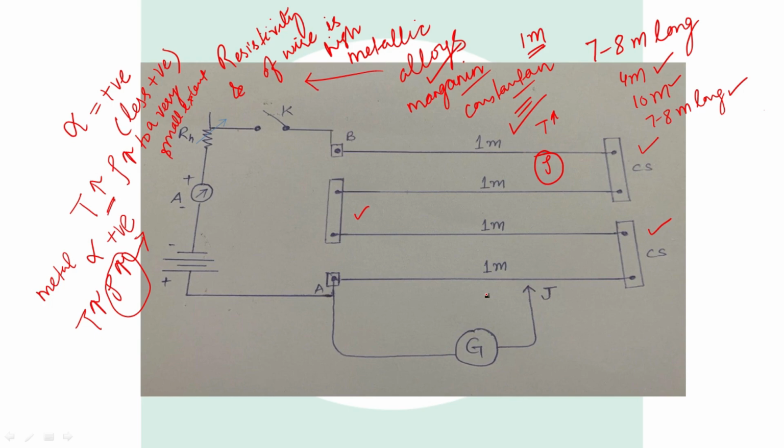And number two, why do we use these copper strips? These copper strips have negligible resistivity. With the help of these copper strips, these segments of the wire are in series. If you are asked in an exam whether these segments are in parallel or in series, you can say that all these segments of the wire are in series with the help of these copper strips, and these copper strips have negligible resistivity.